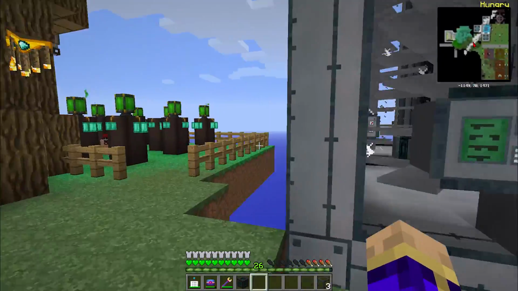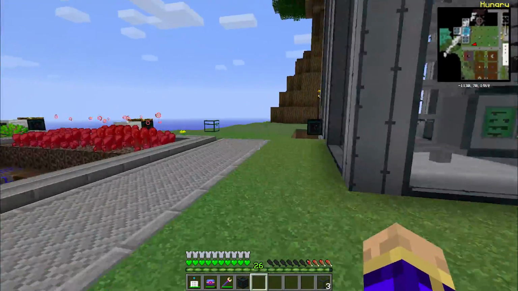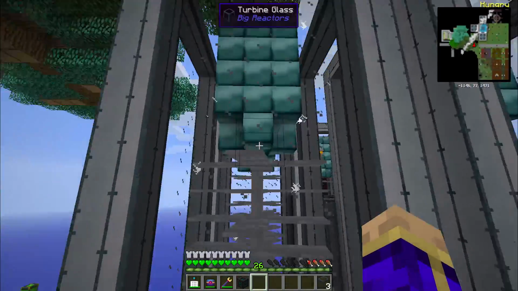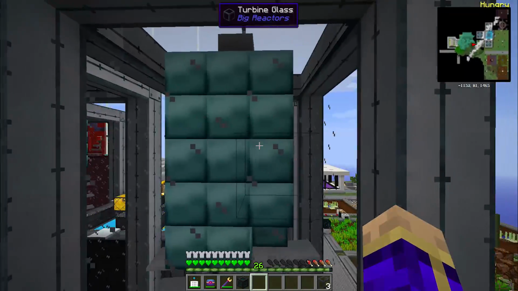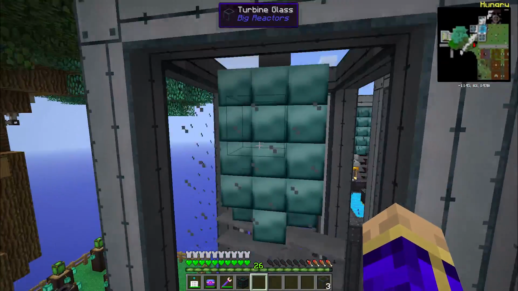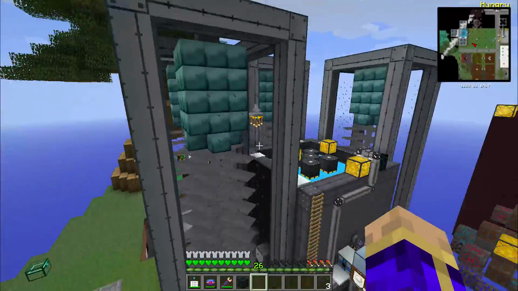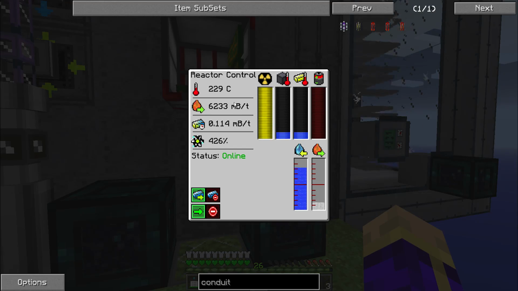So that basically wraps up the turbine tutorial. There's not a lot to them. They're fairly simple compared to the reactors. There are a number of blocks that you can use for your coils, but Enderium is literally the best. You will get more power per steam from Enderium than anything else. If you are not producing humongous gobs of steam the way I am...